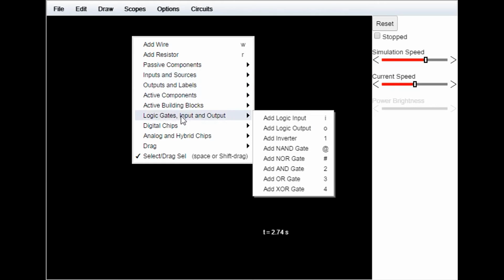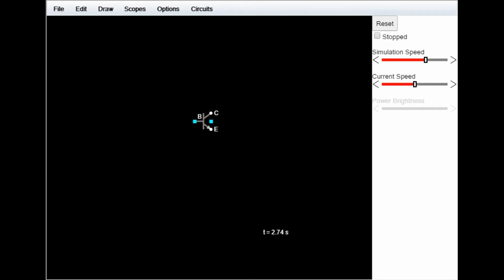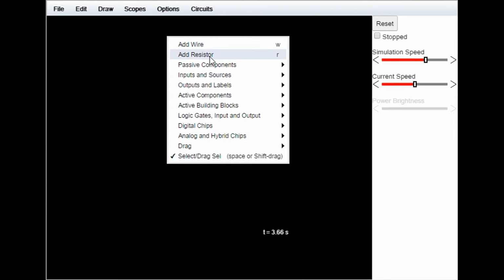Right, there are different types of transistors, and they're considered active electronics. So the six types of transistors that they have here, which really boil down to three, are bipolar transistors or BJTs. You have MOSFETs and you have JFETs. For this video, we're just going to take a look at NPN bipolar transistors, and I'll talk a little bit about some of the others that you can get as well. Right? So this is what a transistor circuit diagram looks like. It has three connectors: the base, the collector, and the emitter. Okay. I'm going to explain what those are, but first let's take a look at another example.